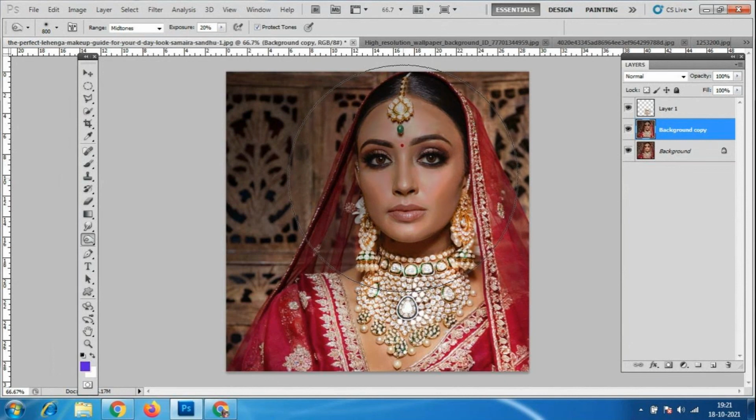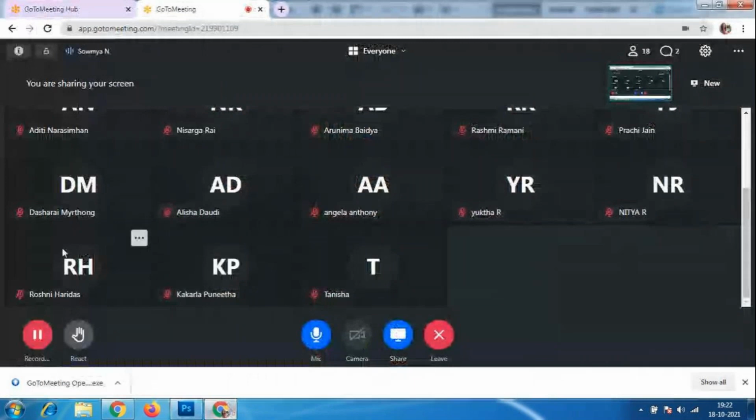Like this, slowly I'm clicking. See now, before how she was, now it is darker than that. But we have not done anything with the ornaments, so the ornament is as it is. So like this, any of the images we have to make dark or bright, we can use the dodge tool and burn tool. Is that clear, everybody?